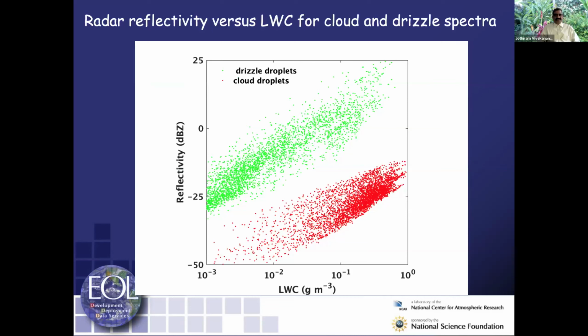Here is the liquid water content on the x-axis, in grams per meter cubed. Cloud droplets are shown in red dots, green dots are drizzle droplets. dBz is larger. Liquid water content varies between a hundredth of a gram per meter cubed up to a gram per meter cubed, depending upon dBz values. But if you know the cloud and drizzle droplet size, then you can do that. That means we need to estimate the size very precisely. We can't just have some average size. That's not going to work. How I did that is the key.